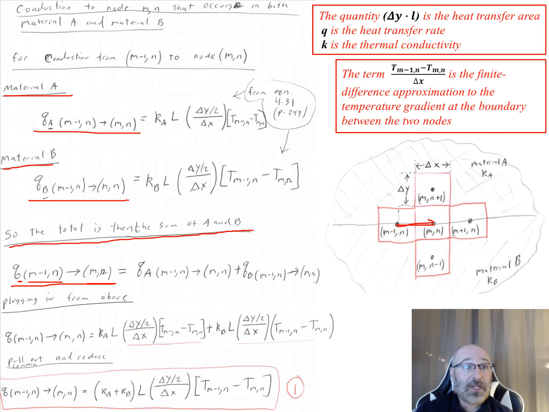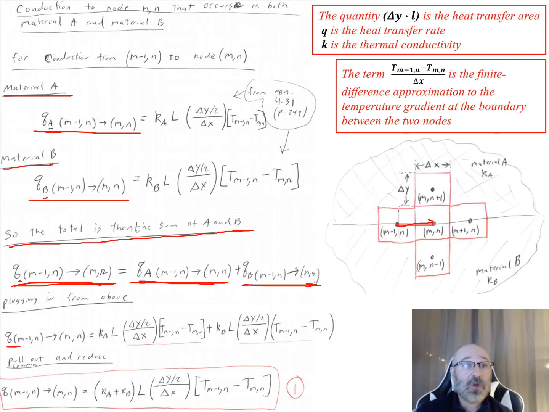So you notice right here there is no subscript, no index there, whereas this is B and A right there. So the total right there is going to be equal to our Q sub A going from M-1,n to M,n plus Q sub B going from M-1,n to M,n right there. So plugging in our values from above into these two expressions right here, we can